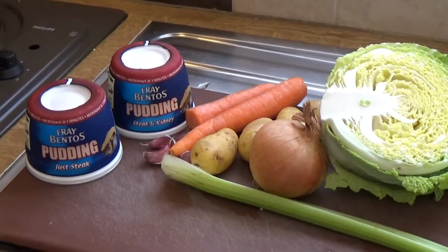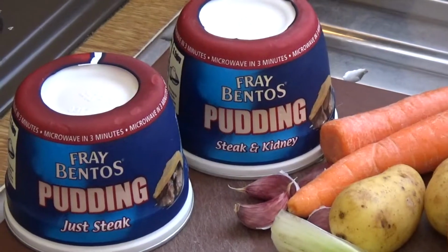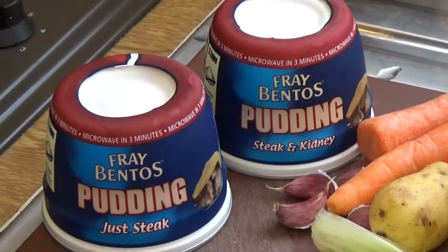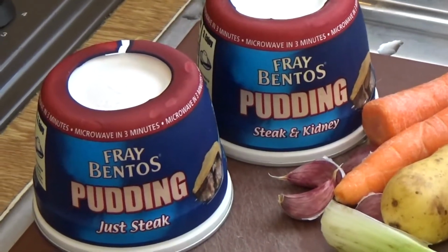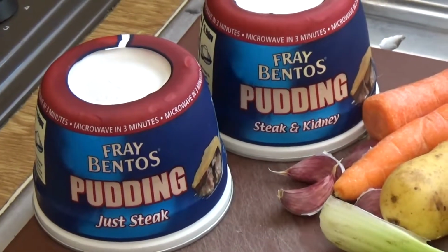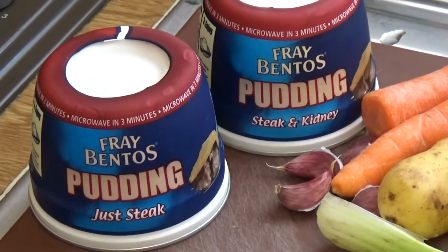I'm going to do a review of these two rather interesting, we call them steak puddings, steak and kidney puddings. These products are produced by a company called Fray Bentos. Fray Bentos is also the name of a province of Argentina. In fact, it's the one where all the beef comes from. So I think now Fray Bentos is a company incorporated in Scotland,